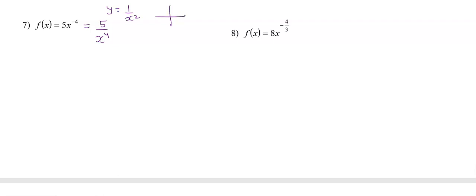Similarly, the nature is similar for the graph y equal to 1 over x to the power 4. The nature of the graph is very similar. Yes, the two graphs will differ, but the behavior would be the same. Why did I draw this kind of graph? First of all, because it is an even function. So whether x is positive or negative, the y value would be the same for both positive x or negative x. So basically, y equal to 1 over x to the power 4 is symmetrical about the y-axis.